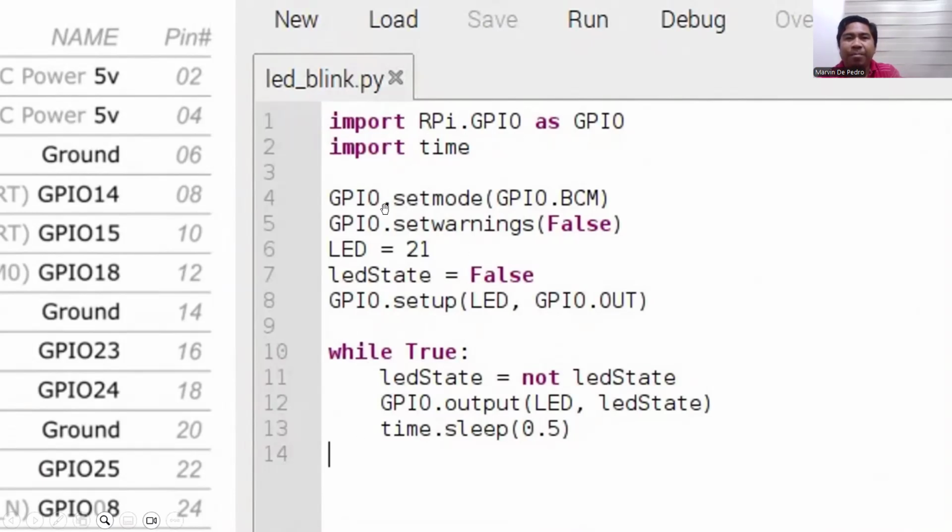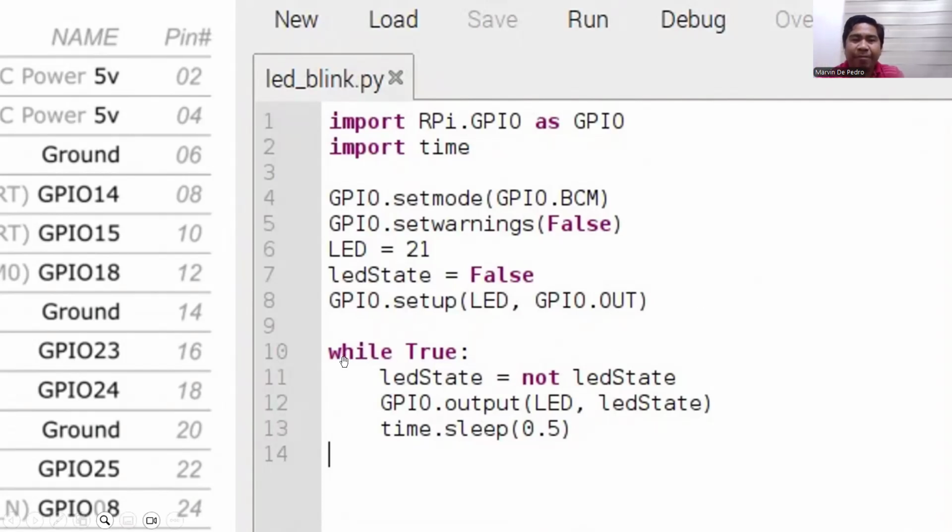We have the set mode, set warnings, and then we assign the variable for our LED. 21 means pin number 21. And we have the variable LED state, which is by default false. Then we set up our variable LED as our output, so GPIO.OUT, similar to Arduino.